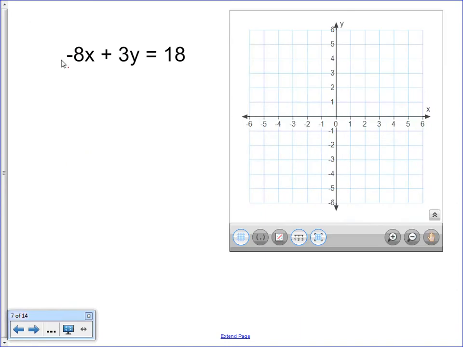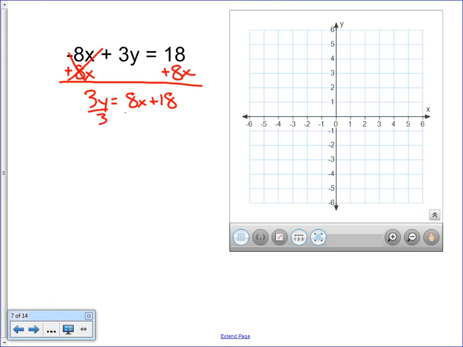So one more like this. Again, you got to get the x term off of that left side. So we'll add 8x on both sides. 3y is going to equal 8x plus 18. Divide by 3 on everything. So y will equal 8 over 3